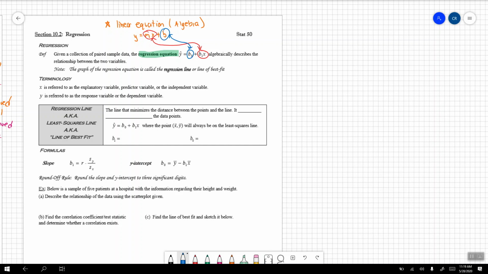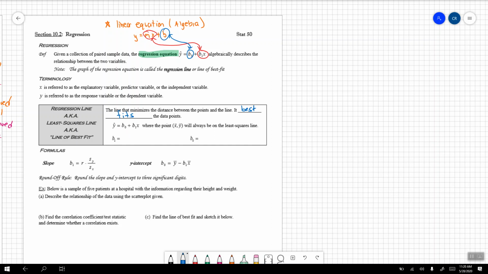All right, so the regression line, aka the least squares line or the line of best fit, is going to be the line that minimizes the distance between the points and the line. It best fits the data points. That's why it's called the line of best fit, because it's going to fit all of the data points and minimize the distance between that line and all of the scatter plot points on the graph. Now in here we again have the line of best fit, this regression line, which is b naught plus b1 times x,